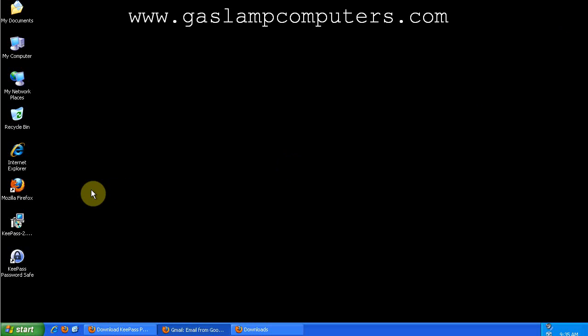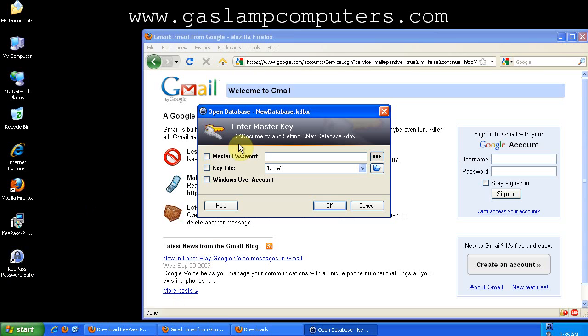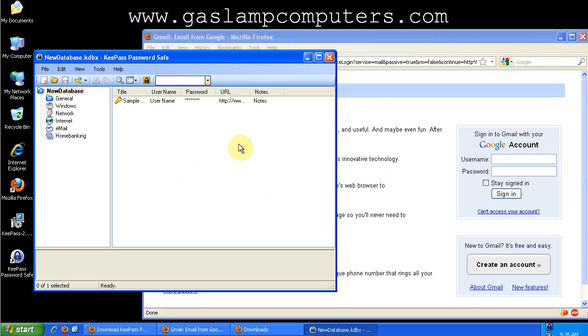Okay, so say you just rebooted your computer and you want to get on your Gmail account. So you'll navigate to Gmail, open up KeePass Password Safe, type in your master password, navigate to email,